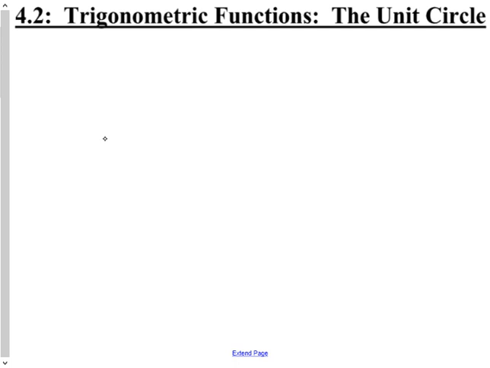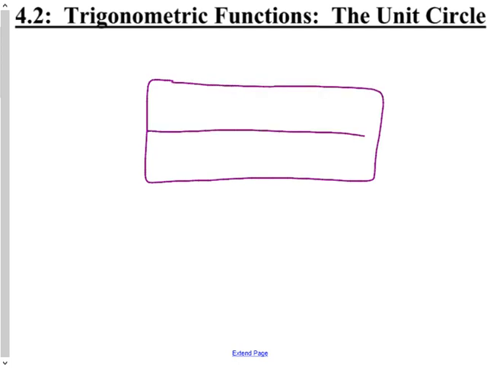Today we are covering lesson 4.2, which is the unit circle. If you are new to the unit circle, this exercise I'm going to show you right here is what you need to practice, probably as much as 3 to 4 times a day until you can get it down. You need to be able to fill in this grid that's going to talk about the x and y values